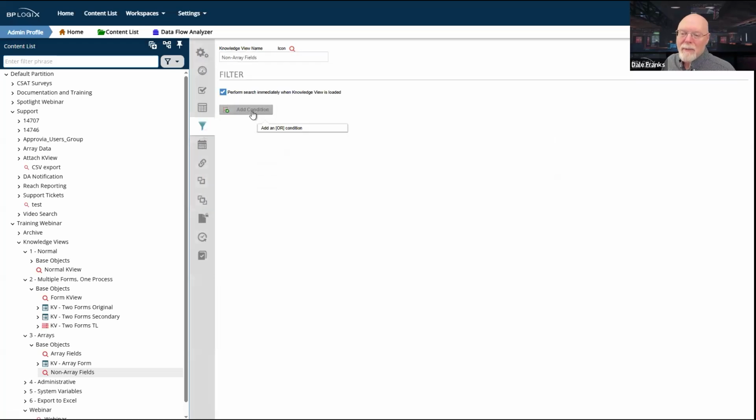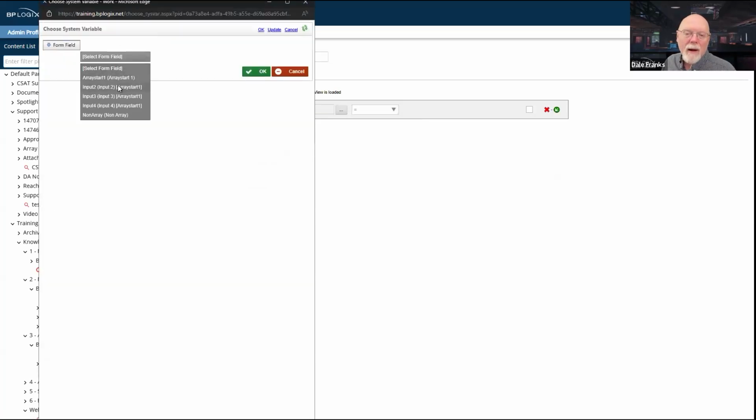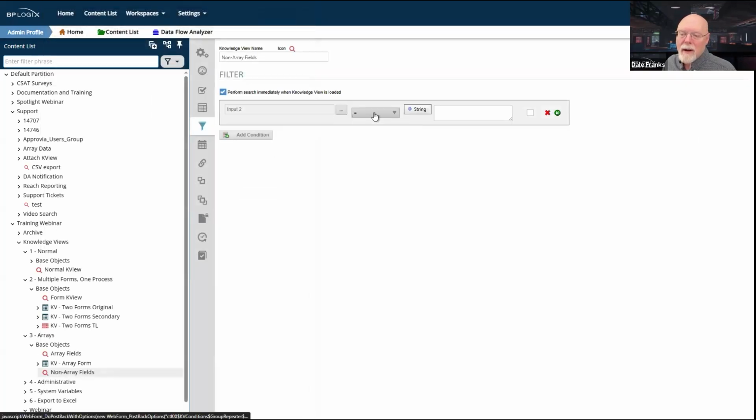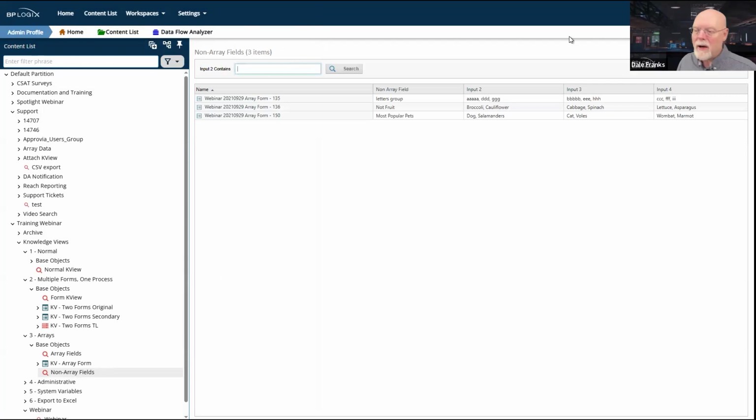However, having said that, it does look a little bit cleaner if I go in and I say input 2 contains, and we'll run our row here, and we'll go with COLI again.